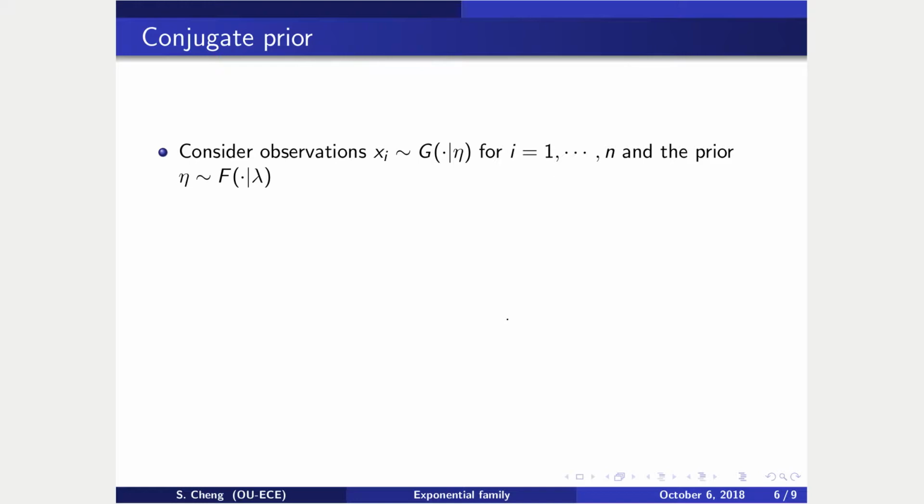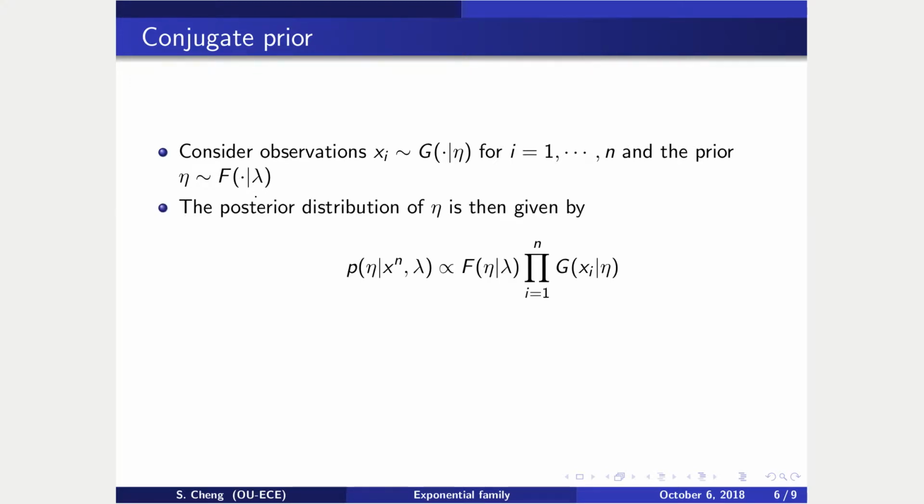if we have some kind of observation x that is parameterized by some parameter, let's say eta, and let's say eta itself is a random variable parameterized by another distribution with a hyperparameter, let's say lambda here, then the posterior will be proportional. Let's say you have n observations, so here I have written down n observations x1 up to xn,